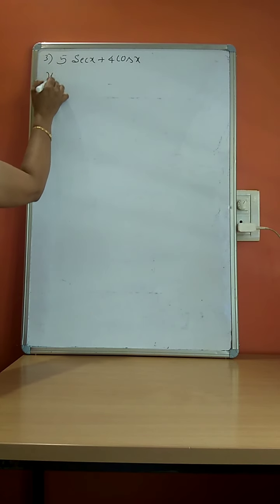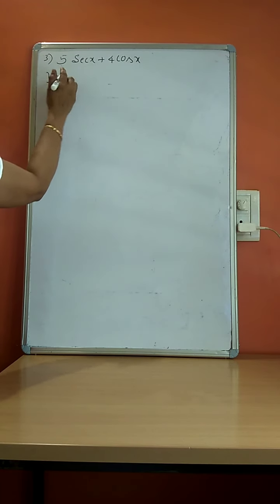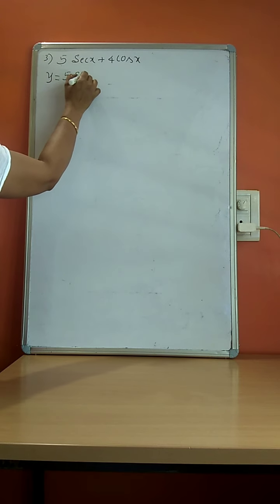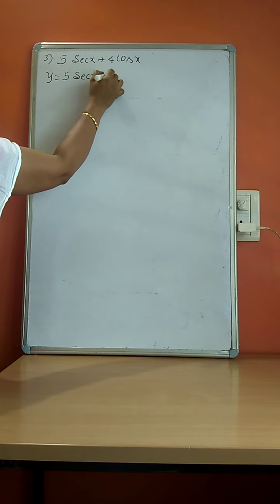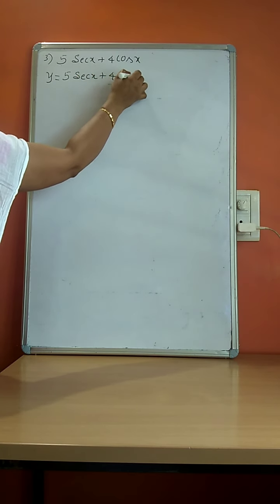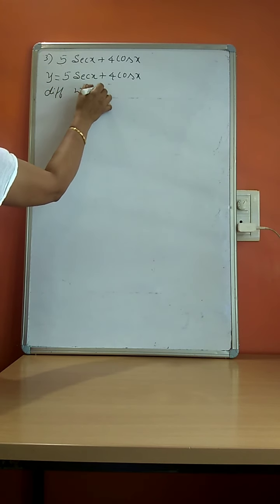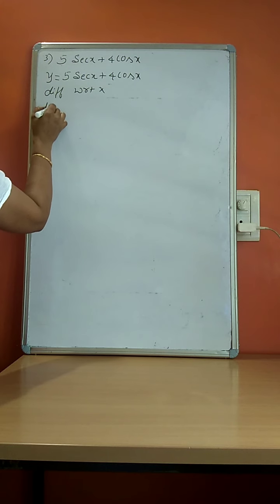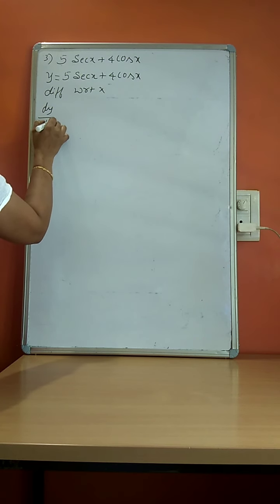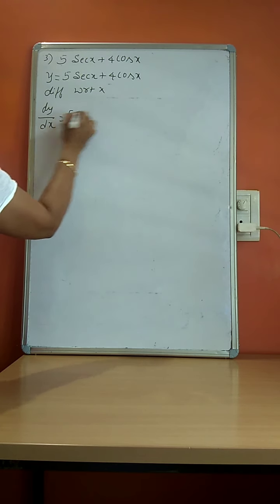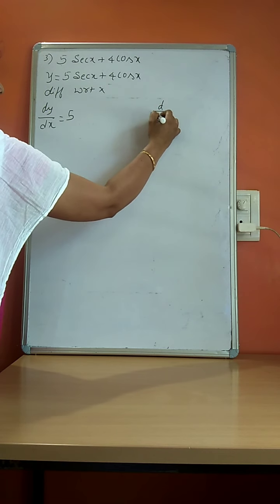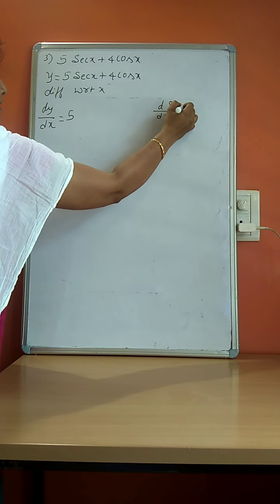So, for any such problem, take y is equal to 5 secant x plus 4 cos x. Differentiate with respect to x. Go for differentiation. dy by dx is equal to 5 into, we know that dy by dx of secant x